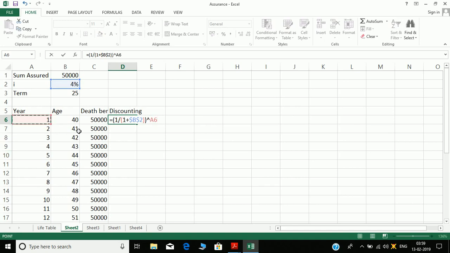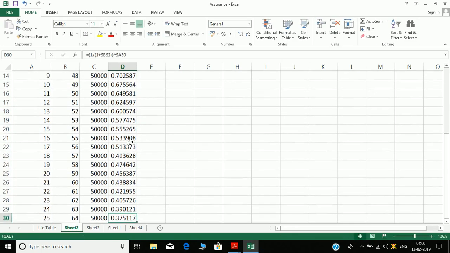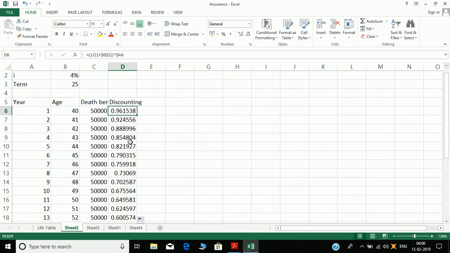Okay, and we have fixed the time, we have fixed the interest rate. We need to fix this column as well, only the column. So after I drag it down, I get these values of discounting.